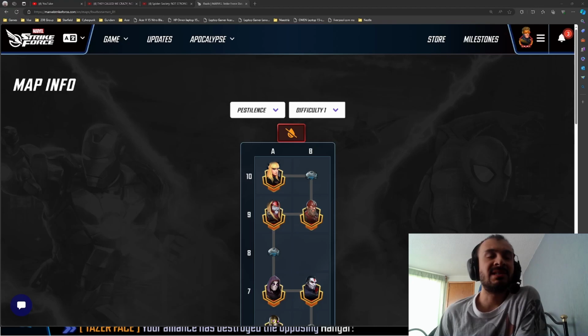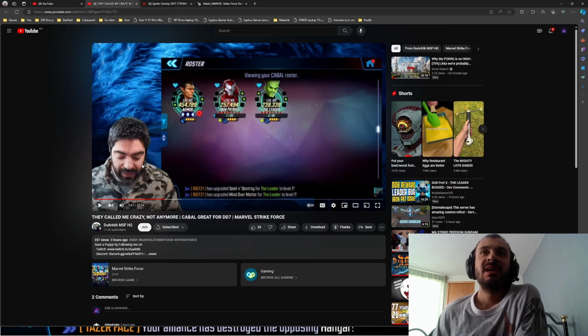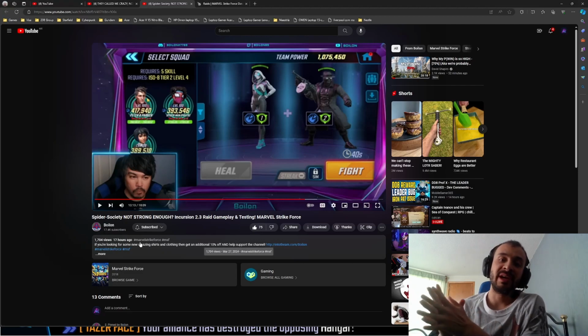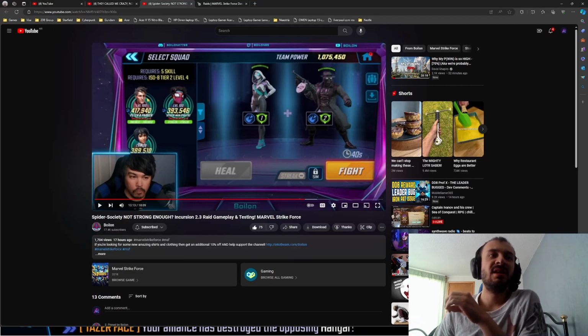Anyway, my last topic is regarding these two videos. So, Arctic is saying that Cabal works great in DD7, and while I don't want to contest him, I'm going to point out this video from Boylon, where he mentions that for the new skill raid team, it's impossible to clear 2.3 without having the full team at gear tier 18. And that's something that I don't know if other content creators have mentioned, but